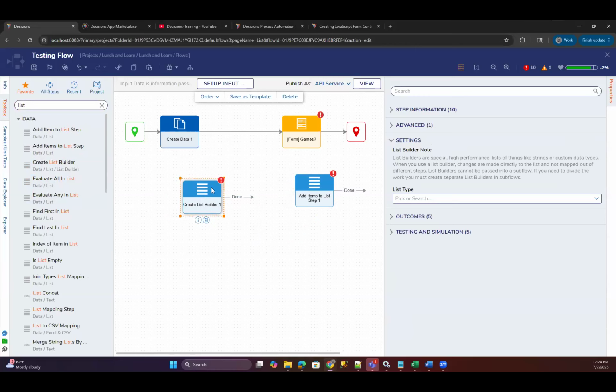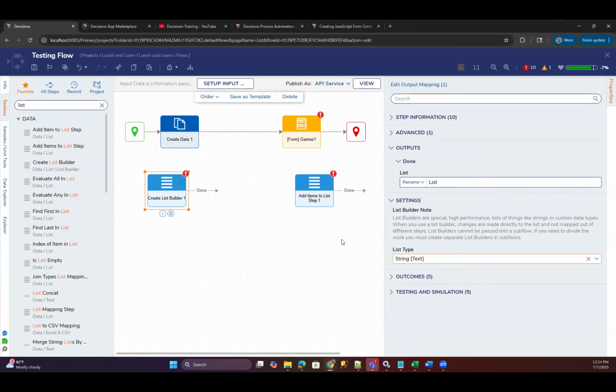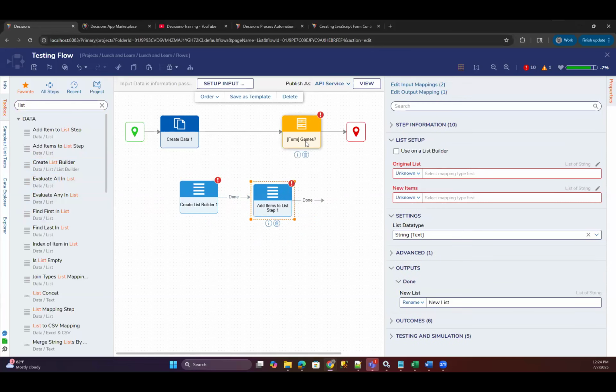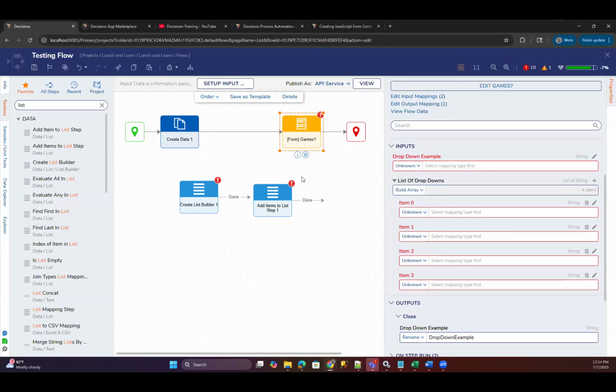And then there's another thing that sometimes we'll use if they're trying to add a list. You can look up stuff about list builders, and you could even look at our step library information for how to use the list builder step specifically. But this is another way you could build up a list of strings, and then there are steps that you could use to add those things together as well. So yeah, it's really just either using steps, you might be able to do it if it's not too large of a possibility.